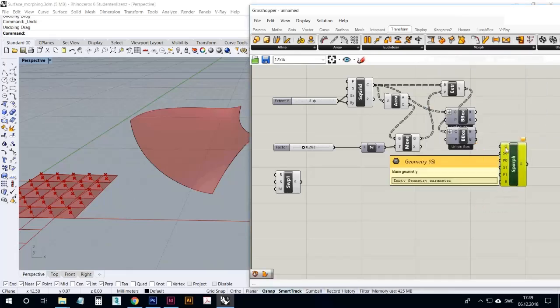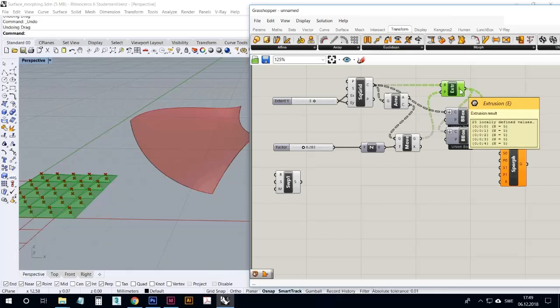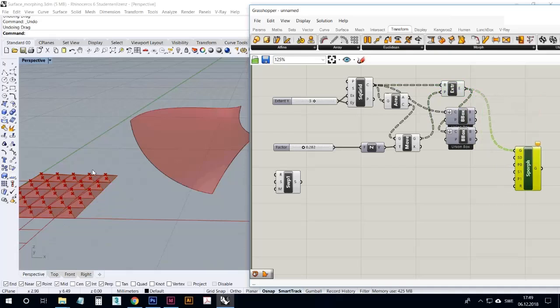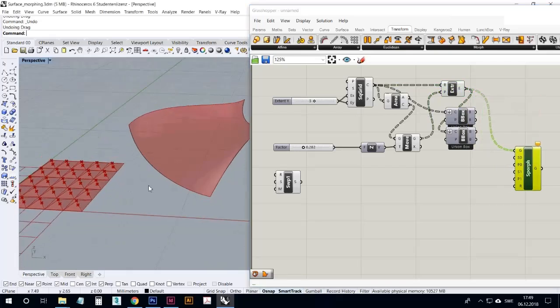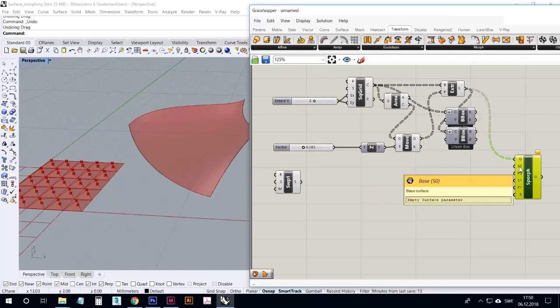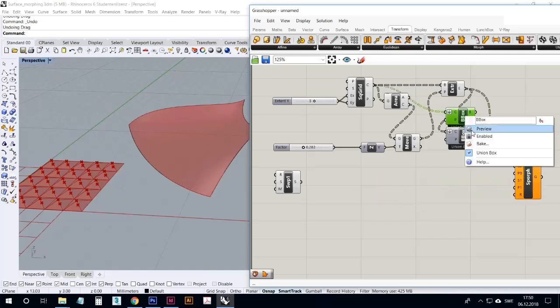So the geometry that we're going to transform, that is of course the extruded pyramids. These are now open surfaces, by the way. You can also make this a closed surface. It has the same effect if these were poly surfaces. Now they're open surfaces, but it's exactly the same procedure and will also work, probably with a little bit more effort from the computer, if it's a closed poly surface. And then we hover the next one here, the base surface that we already have. Well, now we can actually